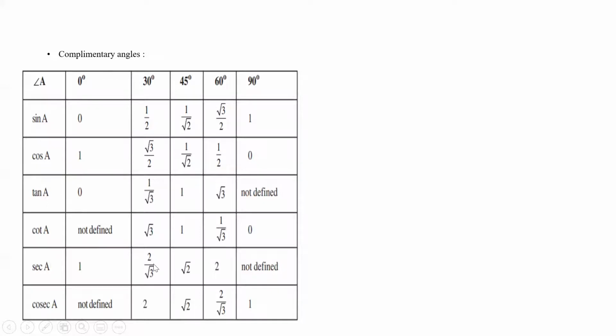See, this is 2 by root 3, secant 30 and cosecant 60. This is cosecant 30, which is the reverse of sin theta. This is half, so this is 1. This is root 3 by 2. This is 2 by root 3. So here we can see easily the complementary angle equivalence. Sin 30 is equal to cos 60. Sin 60 is equal to cos 30. Tan 30 is equal to cot 60. Cot 30 is equal to tan 60. So this is applicable for complementary angles.